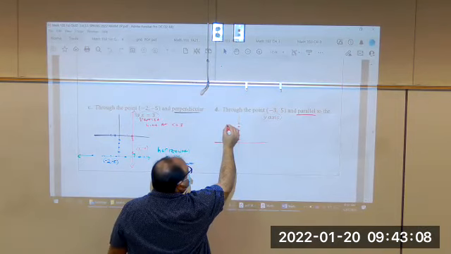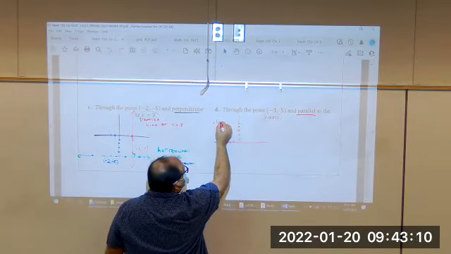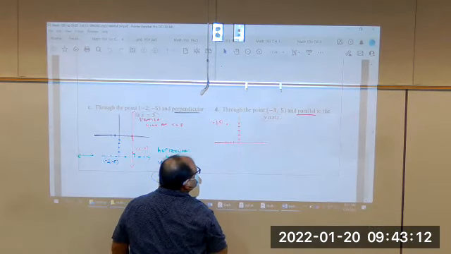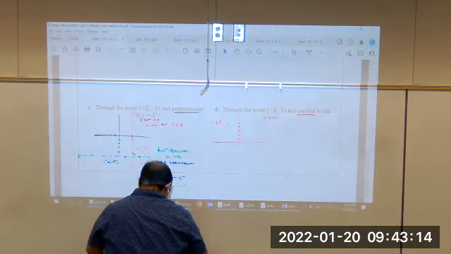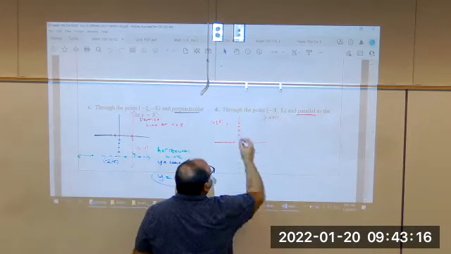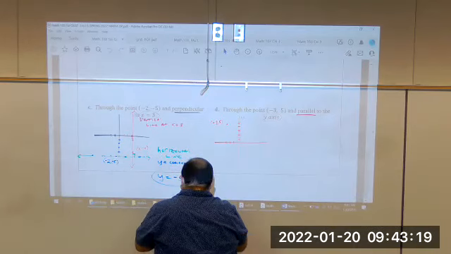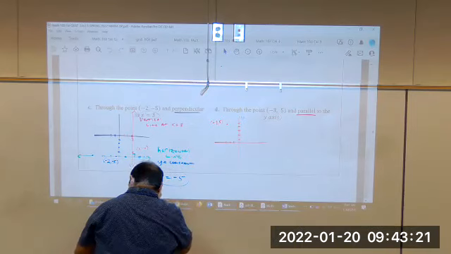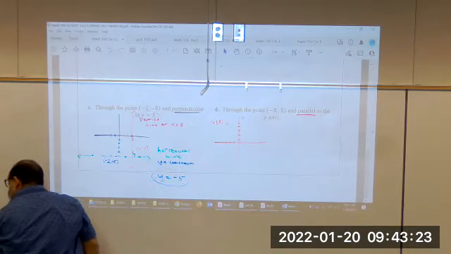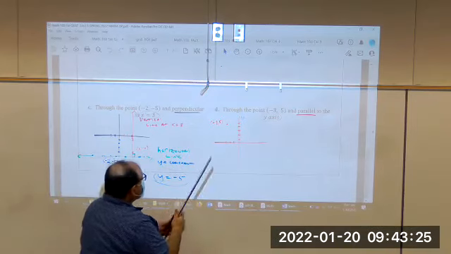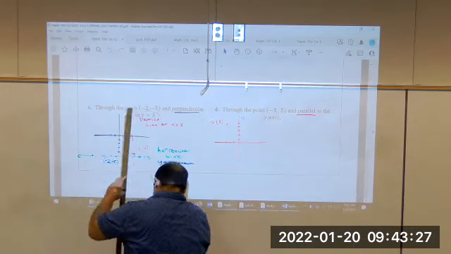So right here is negative 3, positive 5. This is the y-axis. If it's parallel to the y-axis,